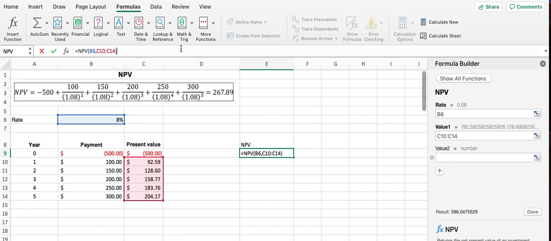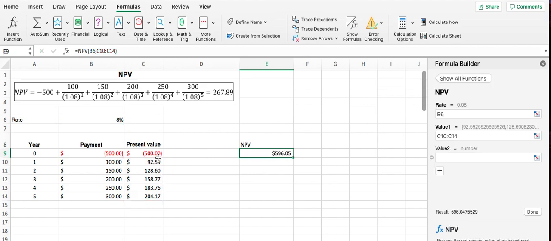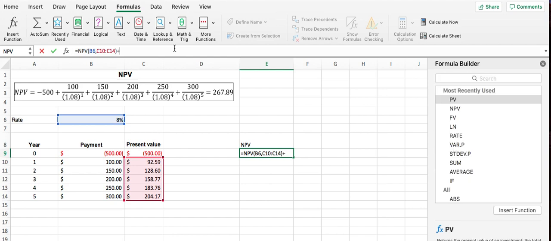Net present value is the series of future cash flows and their present value, which will be right here, minus the initial investment. So what we have to do is subtract from the 500. And here, the Excel function does not give you that option, so we would have to write that down manually. Plus